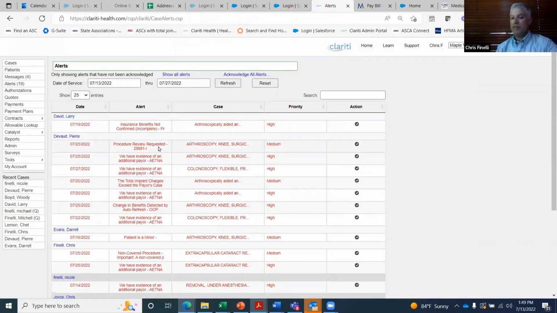That alert might be the patient went from active to failed coverage, in which case you probably want us to automate an email to a group of users or a specific user. Or if the deductible changes and the cost share for the patient changes, then you'll get an alert. It's probably not a super high priority alert, but you'll get one, and the patient will receive an updated estimate as well.